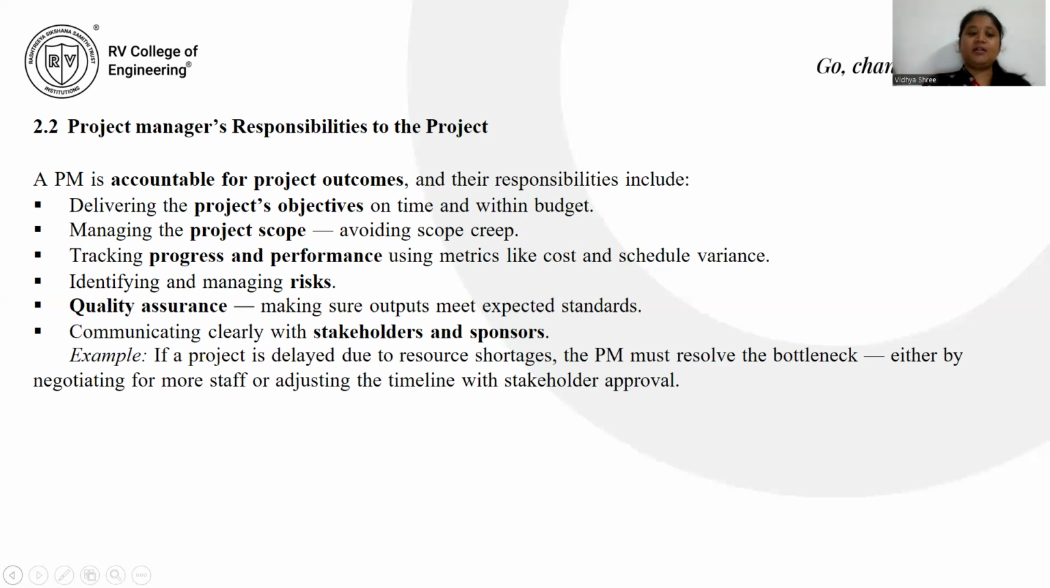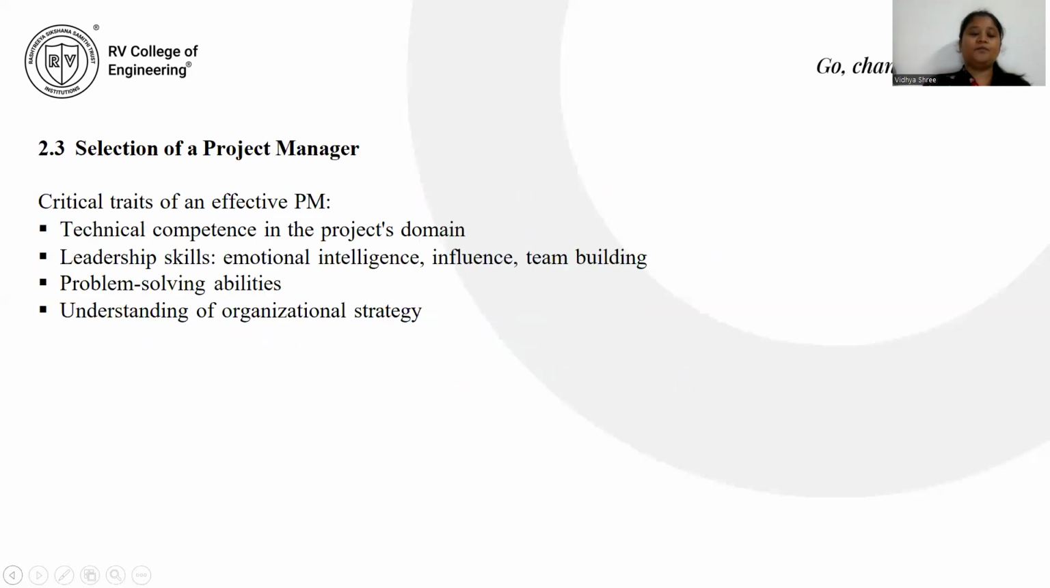For example, if a project is delayed due to resource shortages, the PM must resolve the bottleneck either by negotiating for more staff or adjusting the timeline with stakeholder approval. For the selection of a project manager, there are critical traits of an effective project manager, which include technical competence in the project's domain, leadership skills like emotional intelligence, influence, and team building, problem solving abilities, and understanding